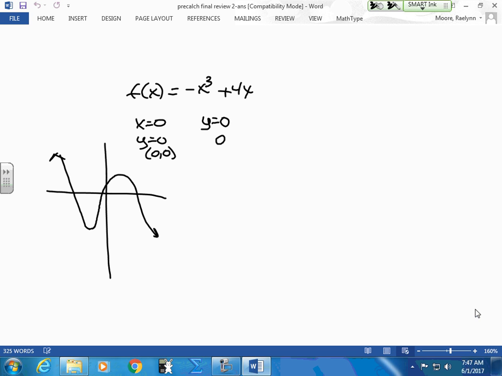When y is equal to 0, what do I have to do to this guy? Factor it. So what can I factor out? Okay, let's take out a negative x. These guys, my perfect squares. So x is equal to 0 and x is equal to plus or minus 2. Remember doing this? This is my highest exponent. I should have 3 zeros, 3 zeros, minus 1, 2 terms, minus 1, 1,